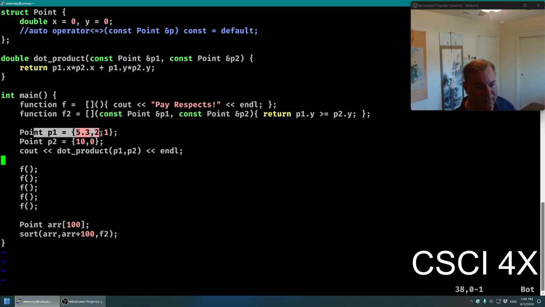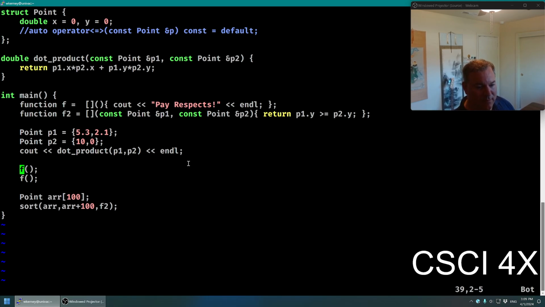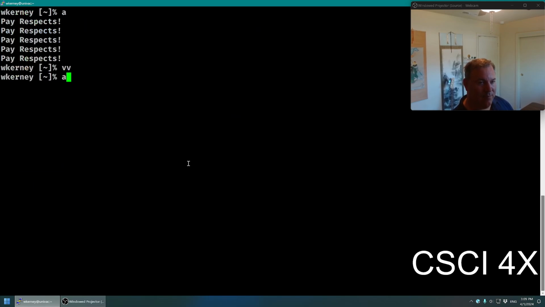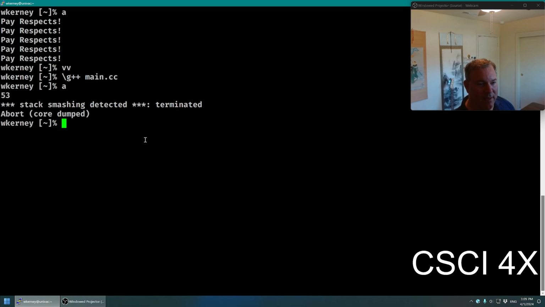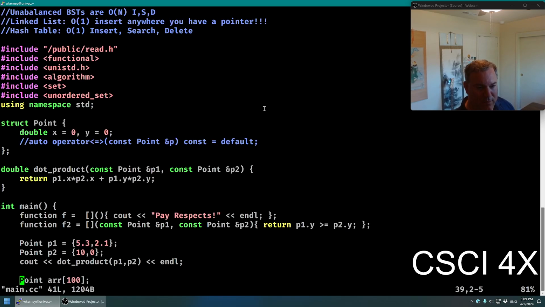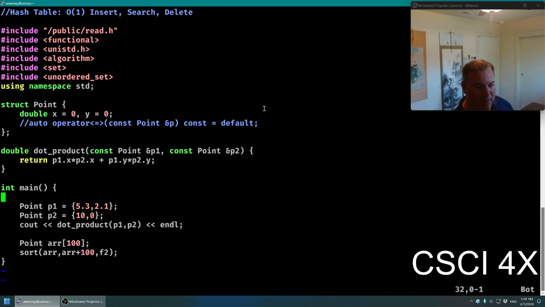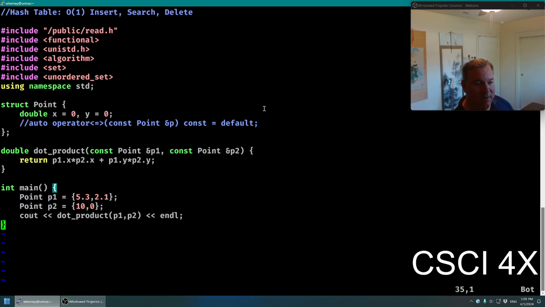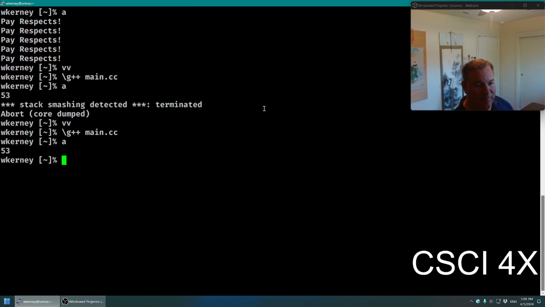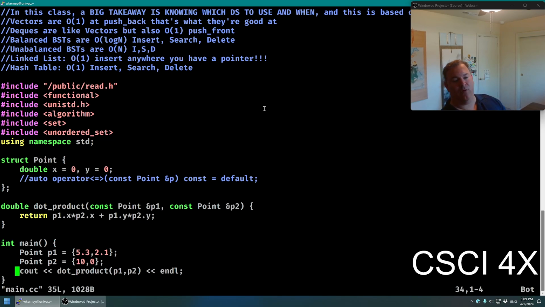this is going to pass this point to dot product, and it's going to pass this point to dot product, and everything's going to be cool and happy, and we get a number, and we're getting stack smashing. Let's pull this other stuff off. There we go. 53. Okay. So we are getting a dot product of these two things here. And cool, neat. But we had to make two variables for this. And if we're not going to be using those variables again, it would be really cool if we didn't have to use the names P1, P2.